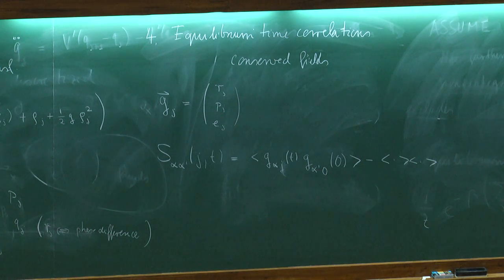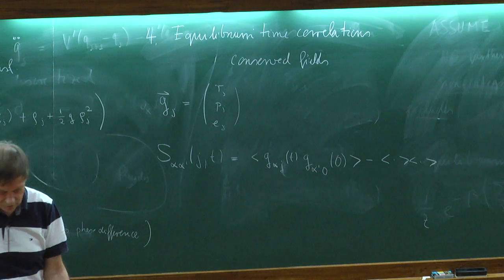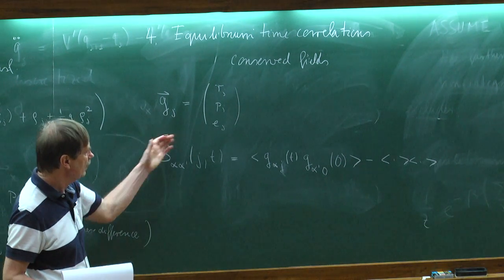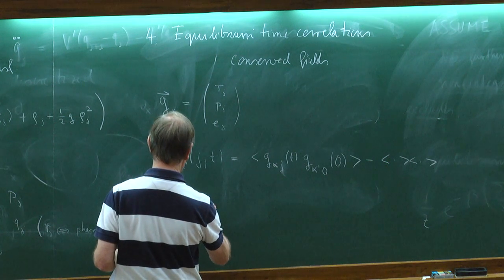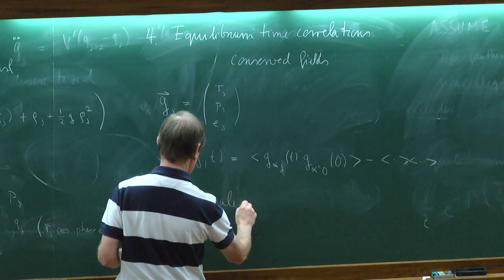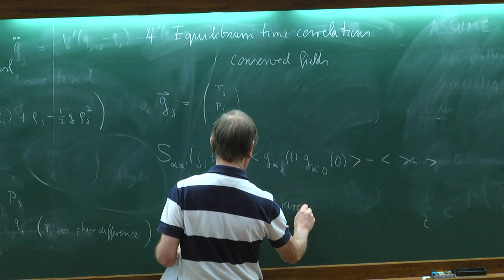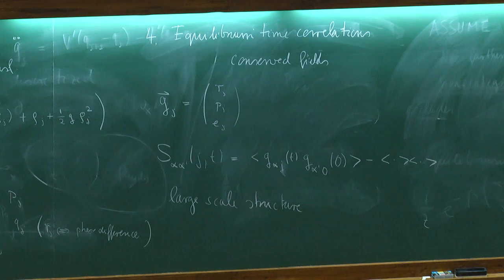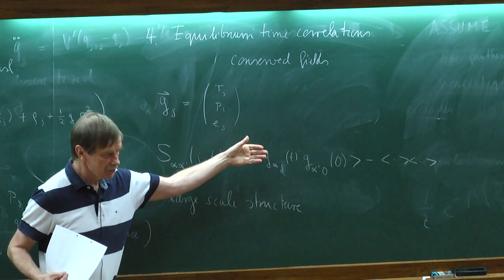We would like to understand it. It's a matrix, and it just depends on 2 arguments. We would like to understand how this behaves typically for large t, or maybe for both large t and large j. Anyway, we would like to understand the large scale behavior of this quantity. And the claim is that the anomalous transport, which we already know for 1 dimension, will also be seen in the large scale structure of these objects.